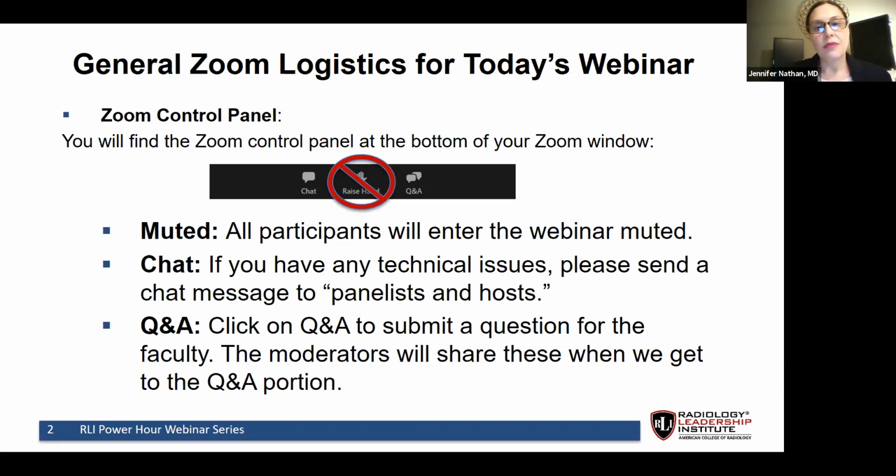The second icon I want to mention on this bar is the Q&A icon. This you would use if you want to ask any of our speakers a question. To ask a question, you click on the Q&A icon, up comes the Q&A window, you type in your question, hit send, and then we will see your question on our end and we'll ask your question for you. As a side note, you can submit questions throughout the entire webinar. However, we will only be collecting and asking them for you when we get to the Q&A session at the very end.